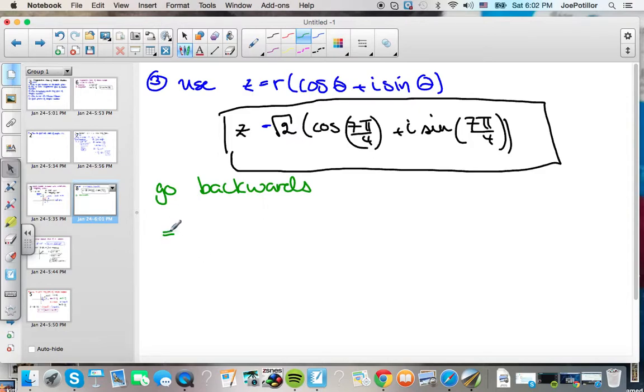Cosine of 7 pi divided by 4, in the fourth quadrant, will be positive. So this will be square root 2 over 2